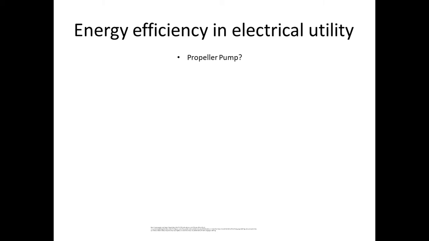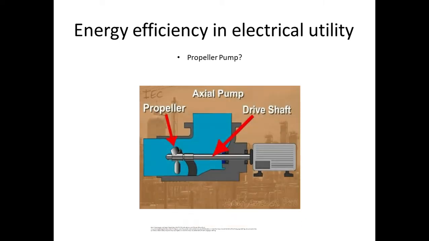Propeller pump is also a type of dynamic pressure pump, because its pressure increases because of some motion. This is an example of a propeller pump. This is the driving shaft, this is the propeller, and the liquid moves in this direction. As we supply some energy with the help of an external source, that is a motor, that supplies rotation to the shaft. Because of the rotation of the shaft, its blades move and create a type of suction.